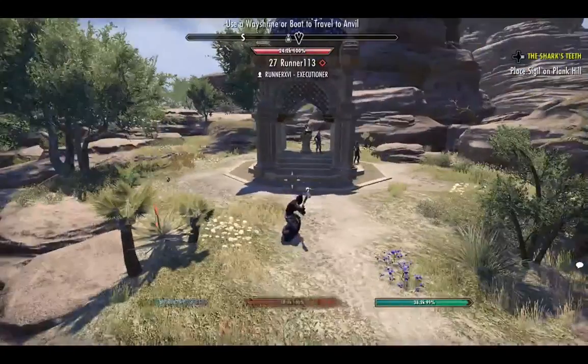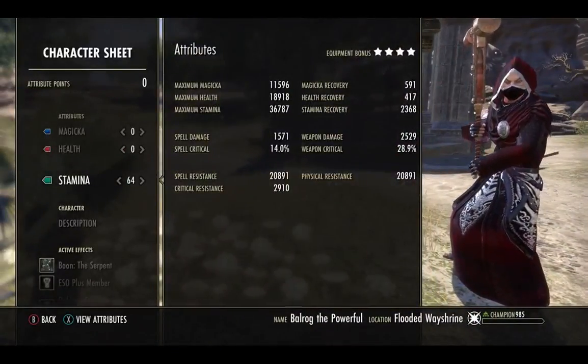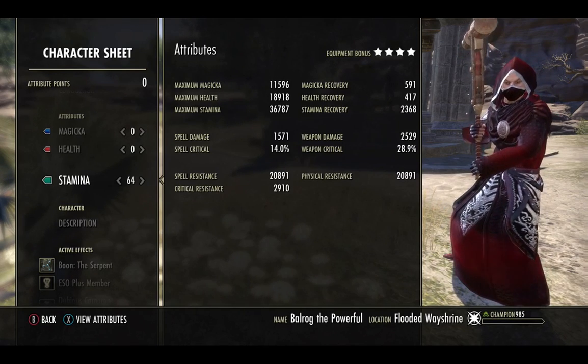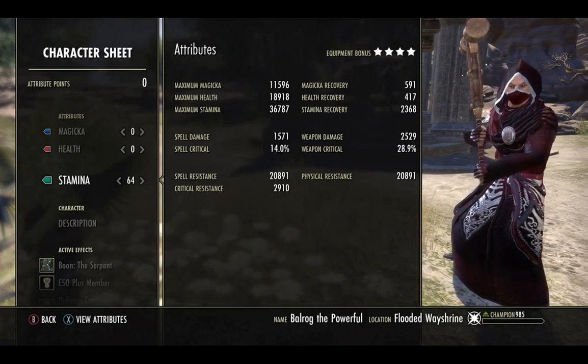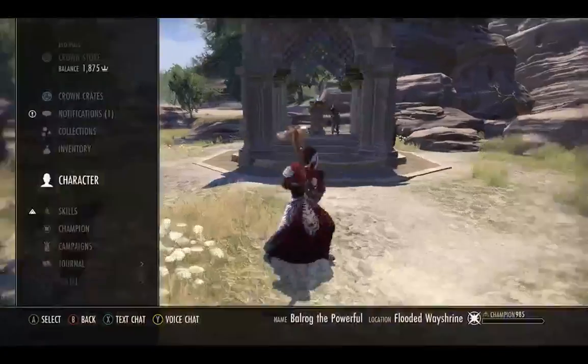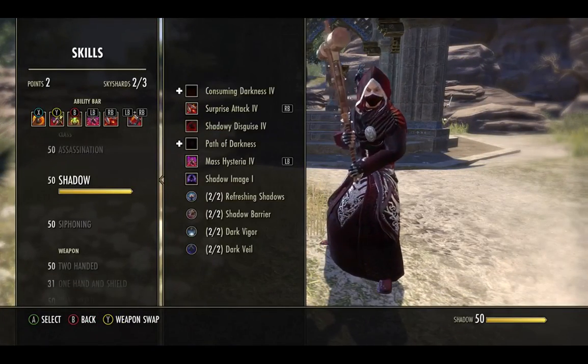With the passives the way they are for heavy armor, we're going to have Major Resolve and Major Ward for the entire time we're fighting. So I have 21,000 spell and 21,000 physical. So see how long this lasts. That's just off a surprise attack. Every time, or off of fear. Every time I fear, cloak, or surprise attack for 9 or 10 seconds now, I get Major Ward, which is,